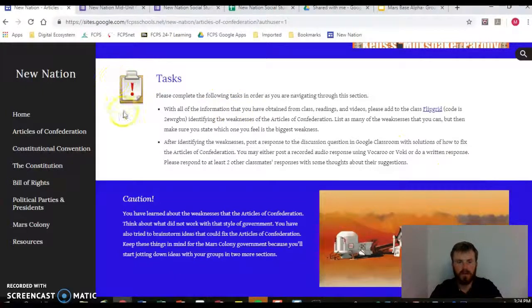Each time the students see this clipboard with the exclamation point, it means that that's a task, and they are to read through and identify what is expected of them and then complete that. For instance, students here have to access a class Flipgrid and identify the weaknesses of the Articles of Confederation, and